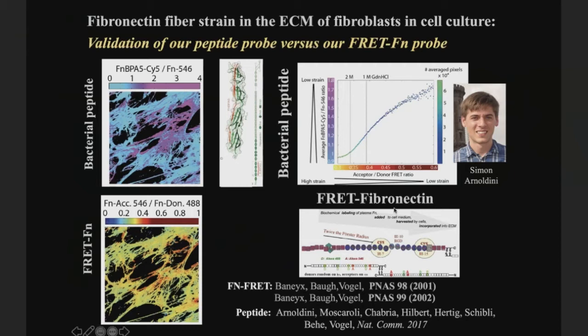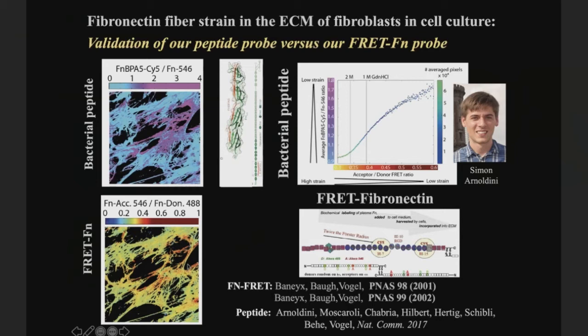And so we plotted the FRET ratio of extracellular matrix fibers on one axis, and then labeled the peptide with a 3rd color, and saw indeed a very nice correlation, which you also see in the images. Below you see extracellular matrix produced by fibroblasts, and you see the FRET ratios.